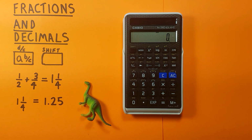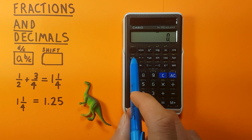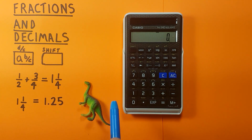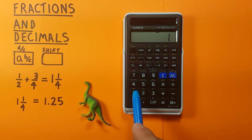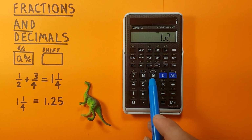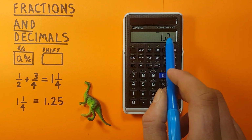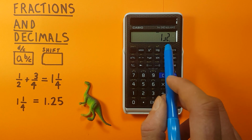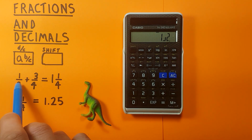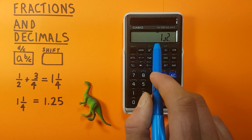To start off, if you want to start entering fractions, that's where you'll be using this A, B over C key. So if we had a calculation like 1 over 2, we would press the 1 first, and then the A, B over C key, and then the 2. You can see there's this little L shape that appears after the 1, or the numerator. That represents the line between the two. So this is 1 over 2